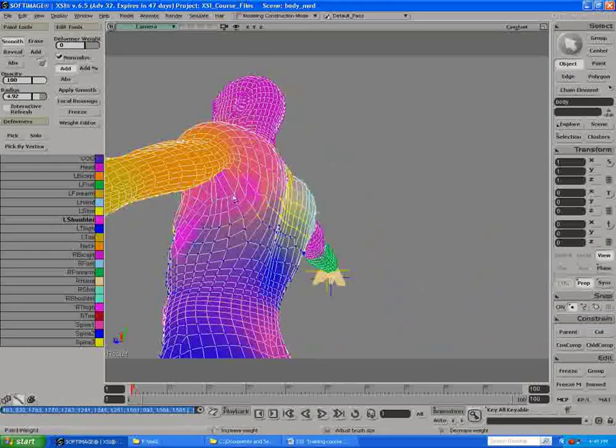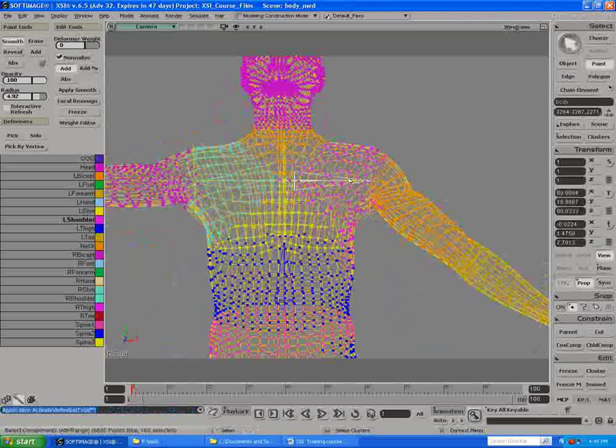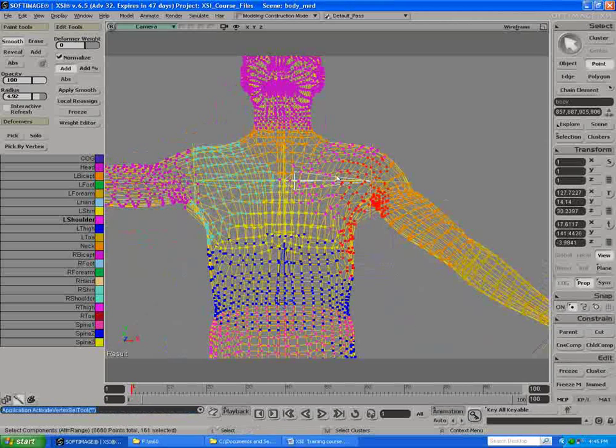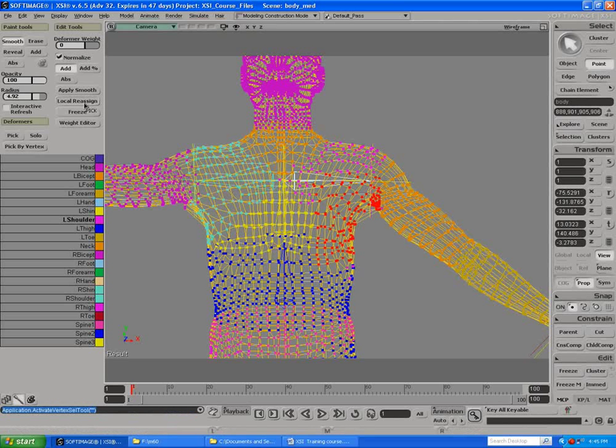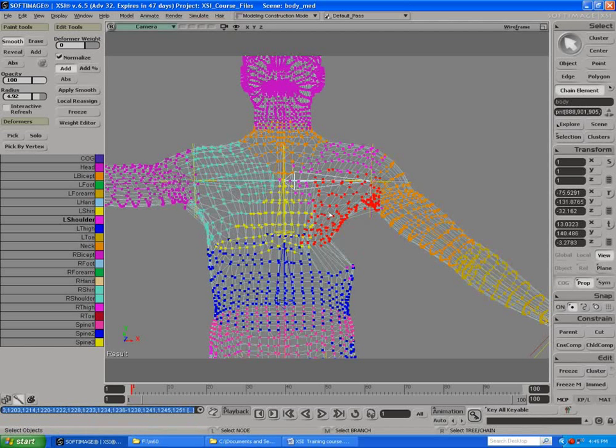Another tool I use a lot is the reassignment tools and the smooth. So we say, look, this area is ugly, so I'm just going to tag some points here in the problem area, so mostly under this arm here, and then we just go local reassignment, and I'm just going to change this again, chain element, and then we can go in and pick for local joints I want to assign to. So maybe we want to do the spine, shoulder, and arm, and then right mouse button,